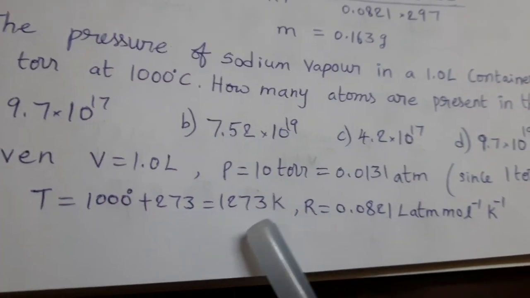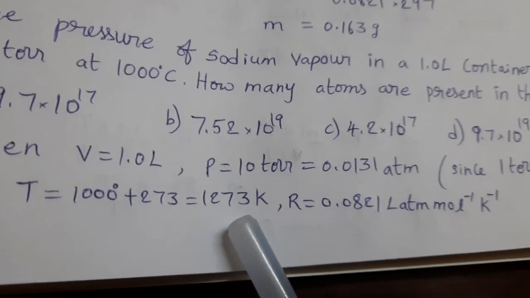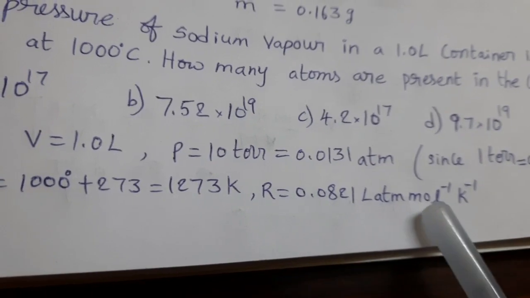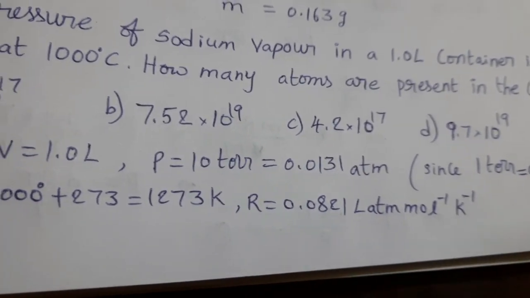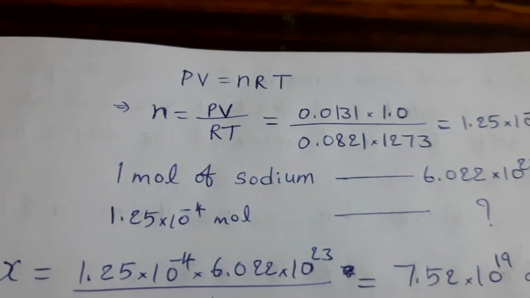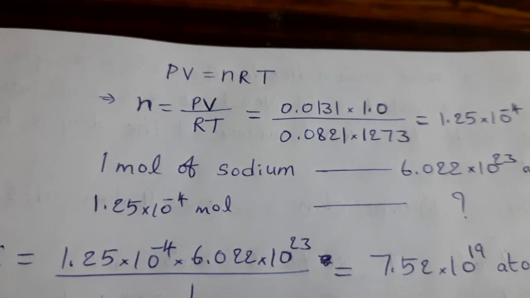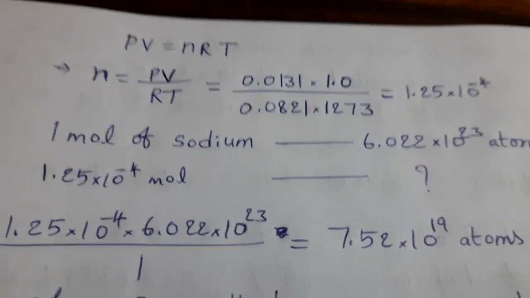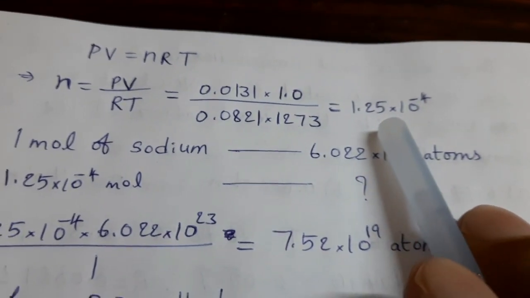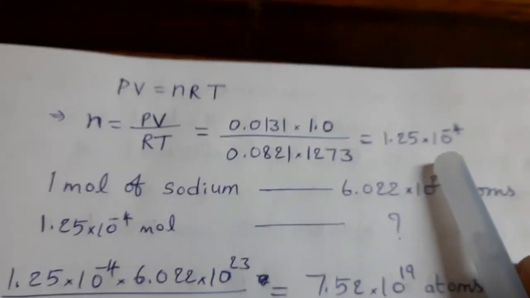Temperature in Kelvin scale, 1273 Kelvin. R value 0.0821 liter atmosphere mole inverse Kelvin inverse. Substitute all these values in ideal gas equation. PV = nRT. Number of moles we want, n = PV/RT. Substitute the values. After doing calculation, we can get 1.25 × 10^-4